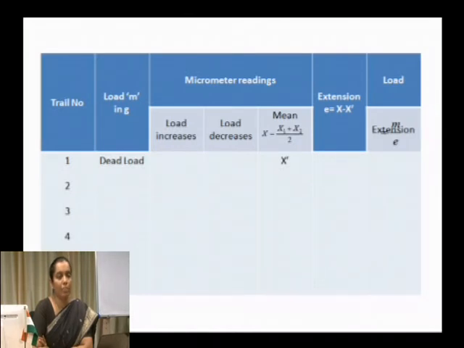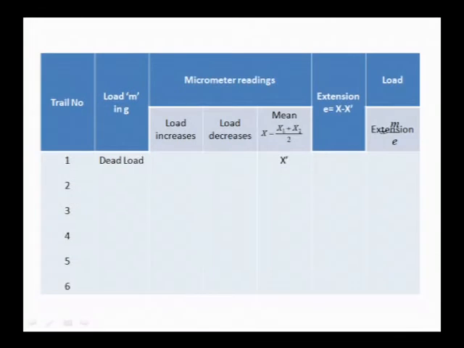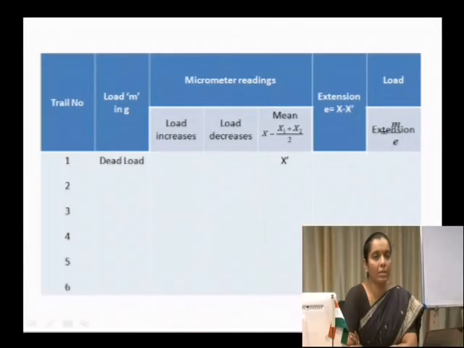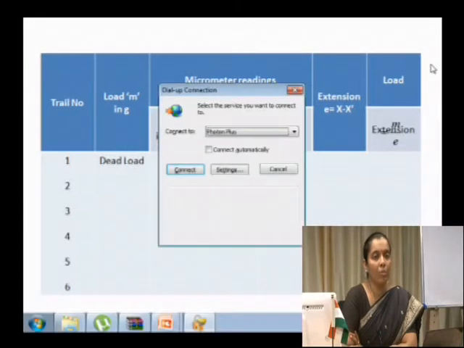So, the second part, as I told, varying the load in steps of 500 grams, we will adjust the spirit level to the center and will note down the readings for load increasing. So, once we reach the maximum load of 2500 grams or 2.5 kgs, we keep that reading the same for both